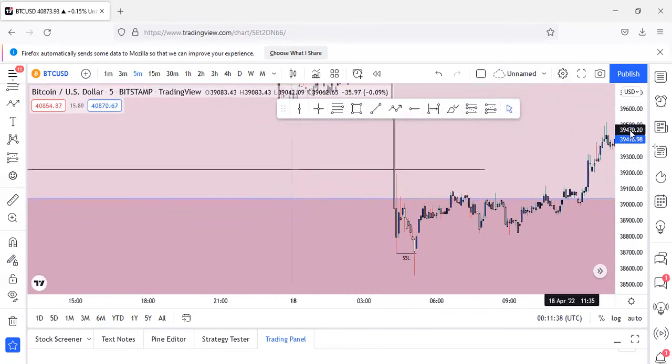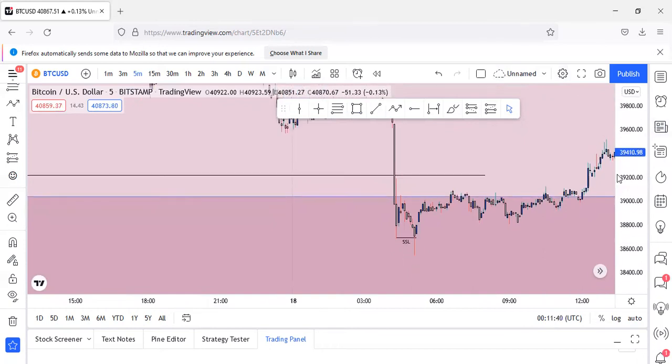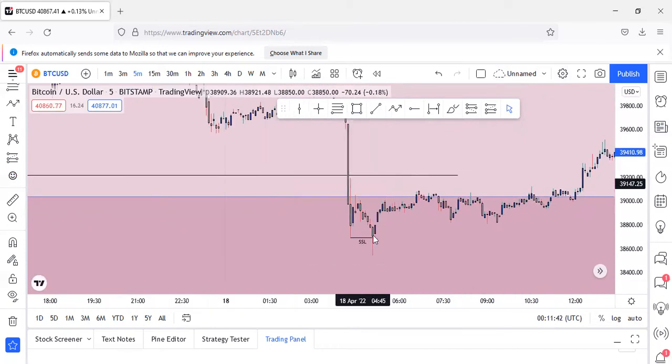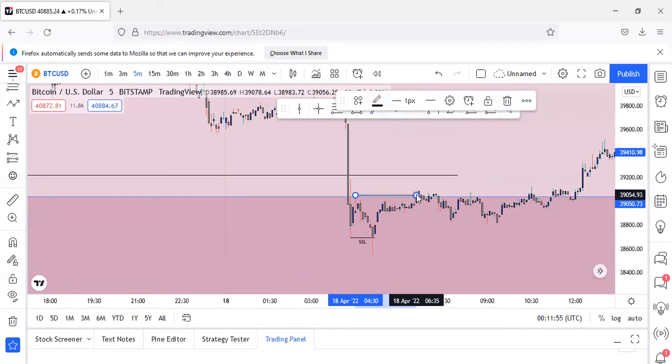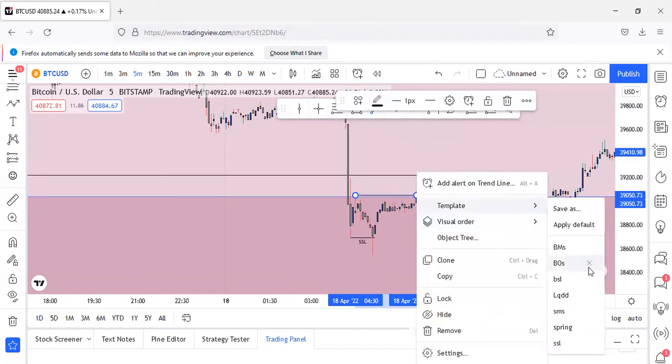Then in my masterclass channel, my students already know what we usually look out for. Once you see SSL on your H4 or any higher time frame order block, you await a BMS, a clear break of structure. You understand? So I wait patiently for this structure to be broken. Then when I see that this structure is broken, guys,